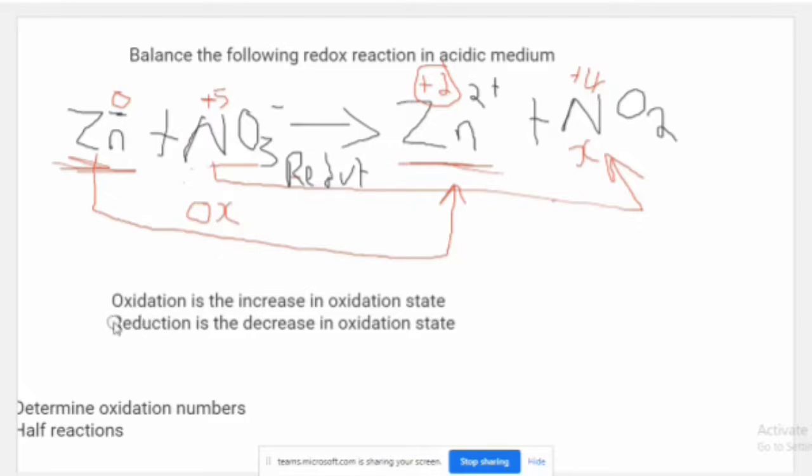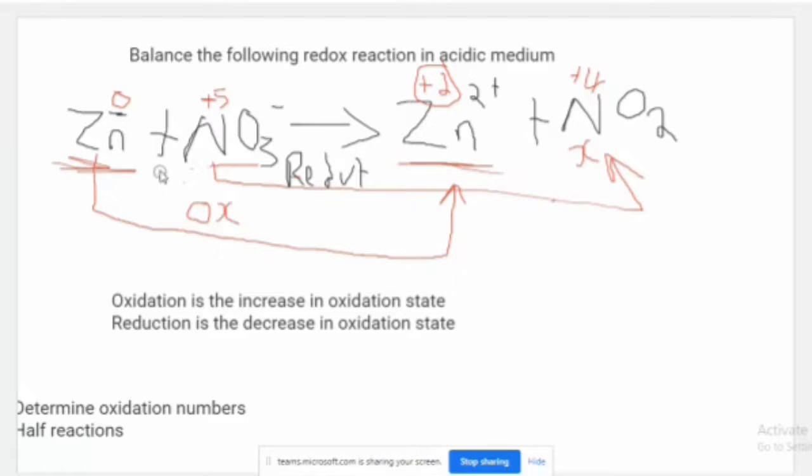Maybe I'm stuck on the half reactions. Yes, how do you come up with half reactions? Well, you're explaining something about it. Yeah, so I was trying to say that for you to come up with the half reactions, you have to